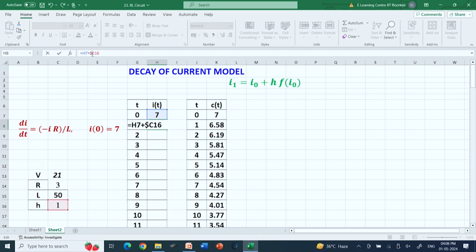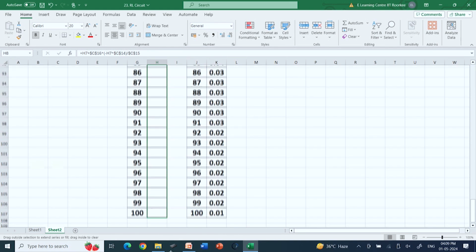So, I make this a dollar, multiplied by minus I0, so a negative sign, multiplied by R, which is a constant, divided by L. And we drag to the next 100 values,